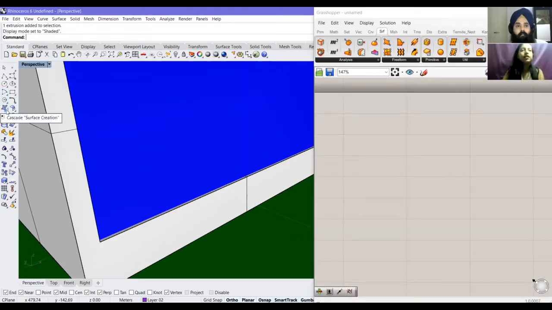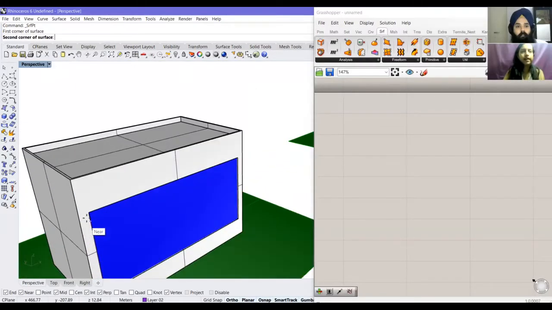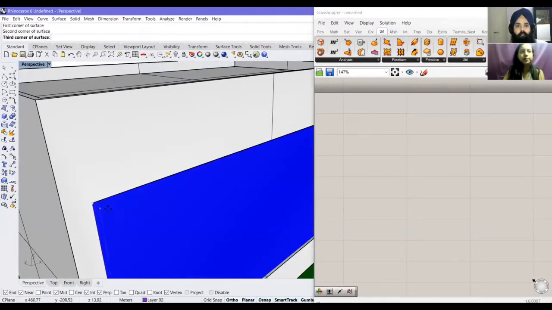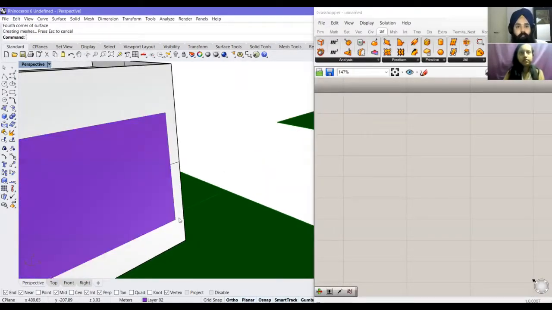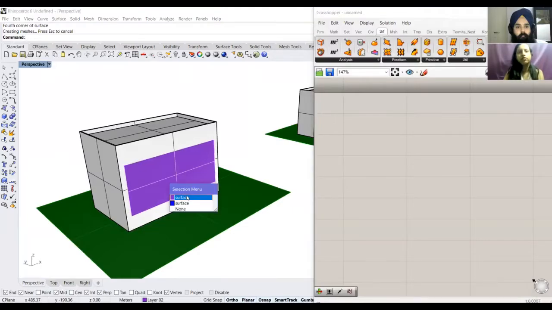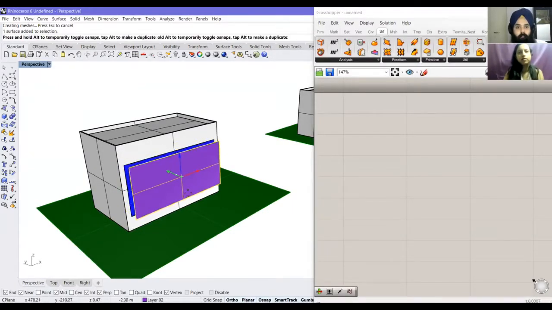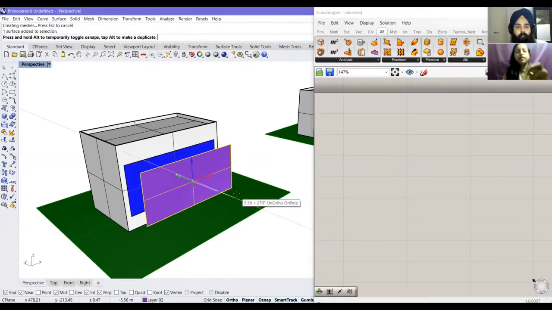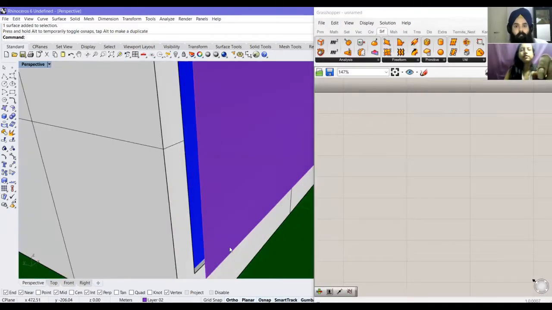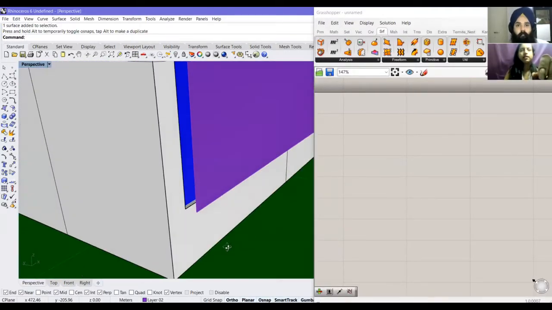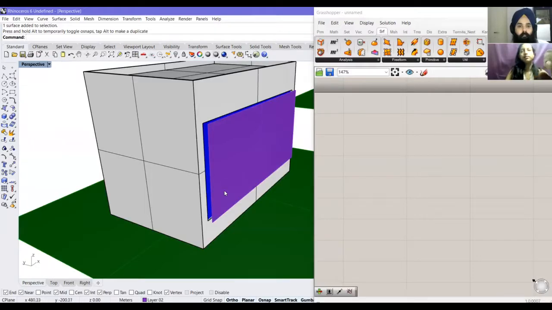So let's first start by making a surface on this wall, which is the surface we are expecting to become our louver surface. So I have the surface and I want to move it 0.6 meters away. So I just enter the value. The units here are in meters. So this is my surface, right? And I want a louver system which starts from this surface and ends at the point of the wall. So I'll just make 2 more points for reference.